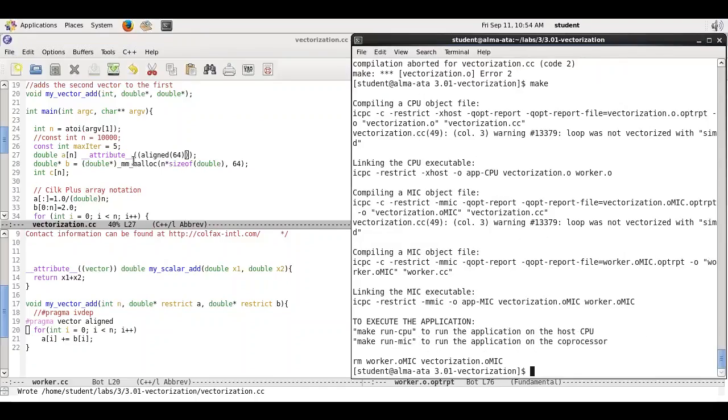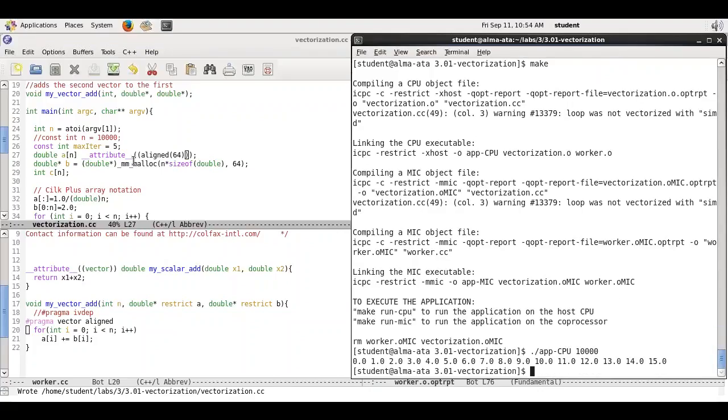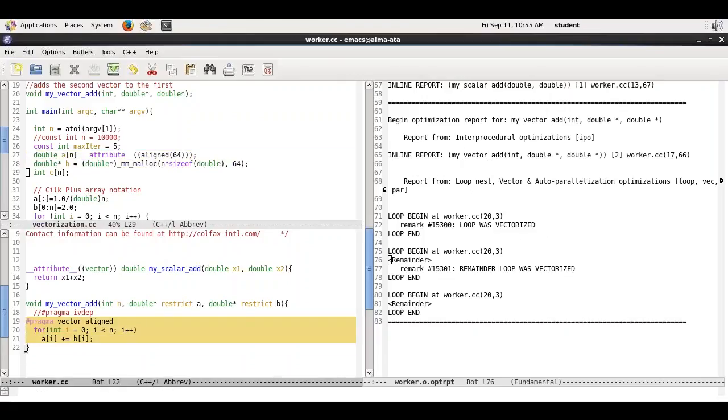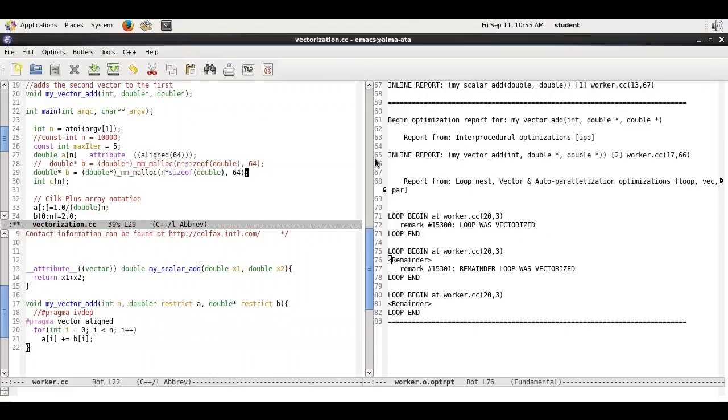So the code compiles. When it runs, everything goes smoothly. I had to do that because I promised to the compiler that there is no need for a peel loop because data are aligned. And finally, let me show you what happens if I don't deliver on this promise. For example, most likely when I use a simple usual allocator,